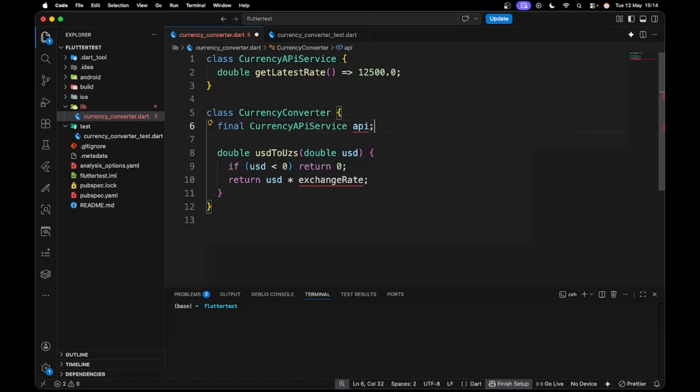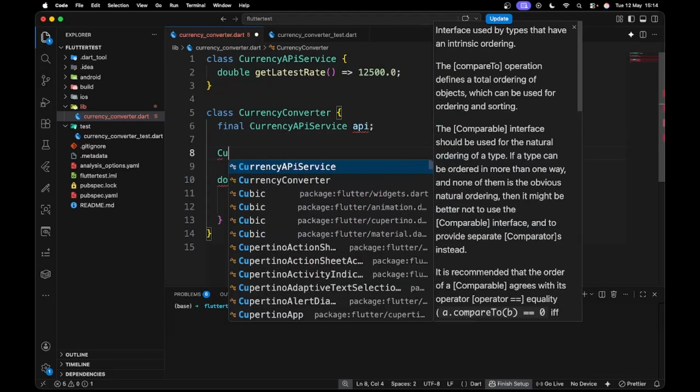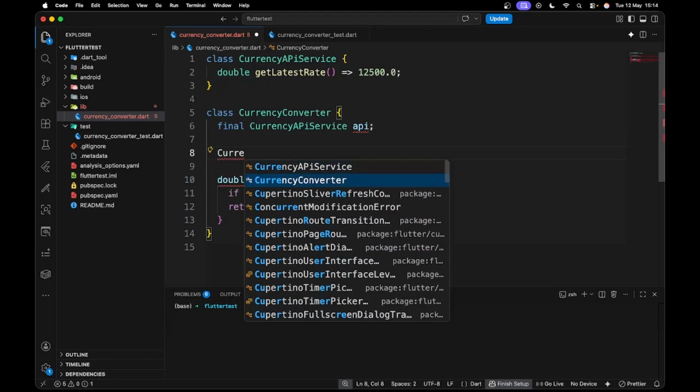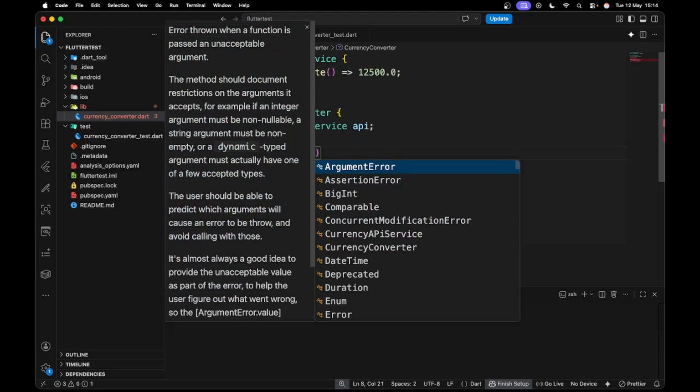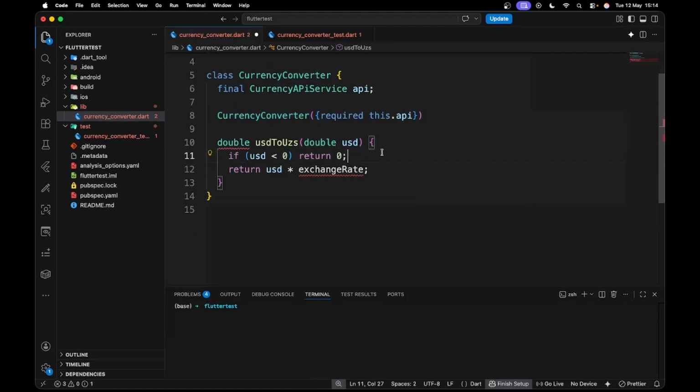We'll just call it API, and we'll inject this API in our constructor, okay? Currency converter. Can say require it this dot API. Okay, we have API which is injected in our constructor, and right now we can use this API to get